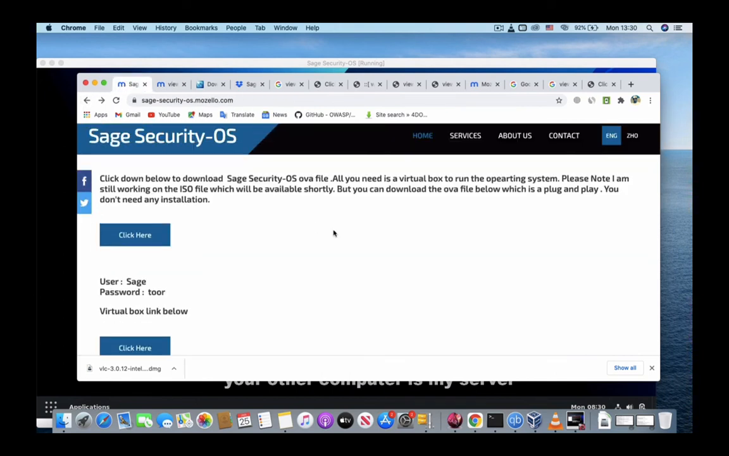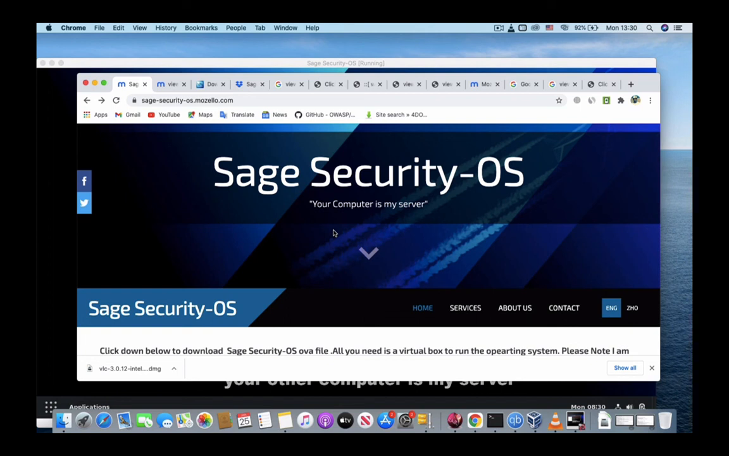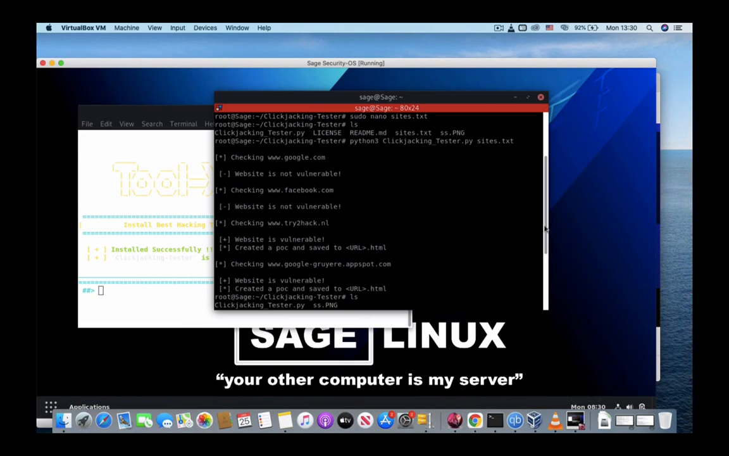But in the meantime, the website I hosted for this operating system is actually vulnerable to attack. I don't have those mitigations there. I did this because I wanted a demonstration. So when I go back to the operating system,